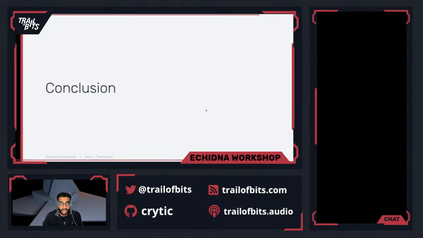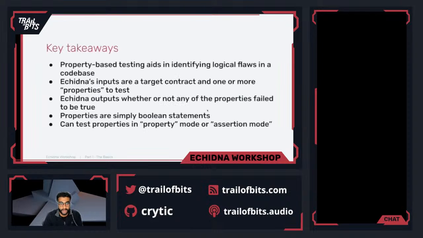Conclusion, we did it. Thank you all for joining. I want to talk about a few more points before we wrap up here very quickly. So again, summary, just keep these in mind. Property-based testing aids in identifying logical flaws. So again, all 4 testing techniques are incredible, all very important. Property-based testing adds that extra oomph that you need to find the more difficult logical flaws or the hard to find code bases. And it's something that we see in a lot of mature